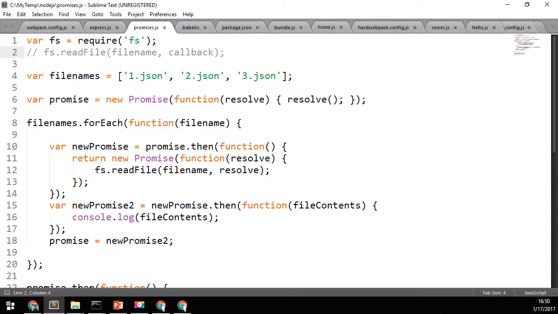So this code should work. Let's try. I saved it in a file called promises.js. So now I just open up my console. It could be a terminal on Linux or Mac, or simply a command line on Windows. And I write here node and the file name promises.js, and see that all our promises